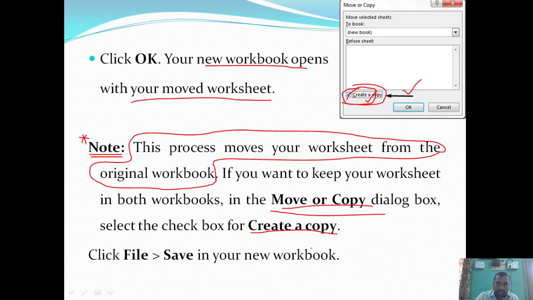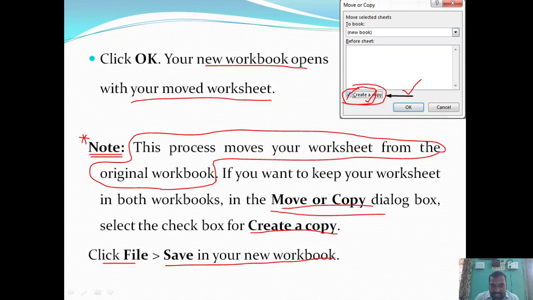Okay, so this is about saving the workbook. Click File, then choose Save in your new workbook.